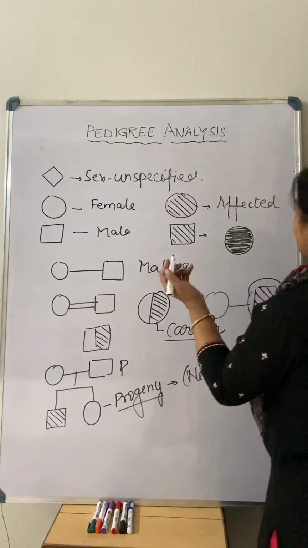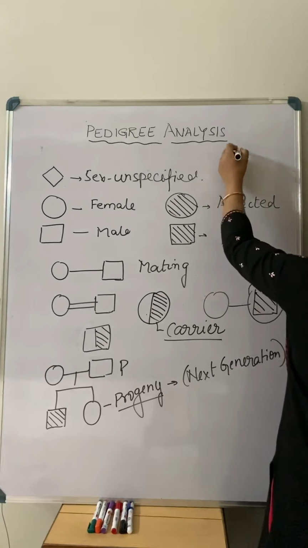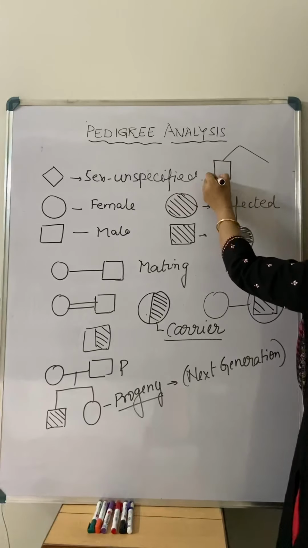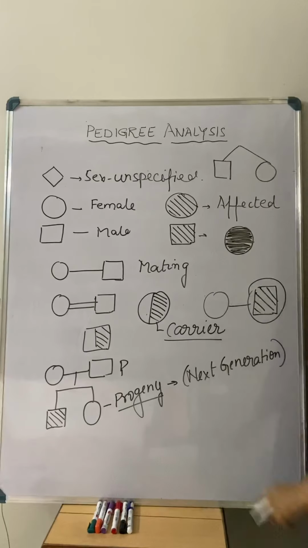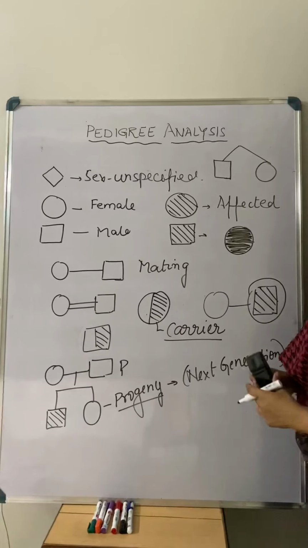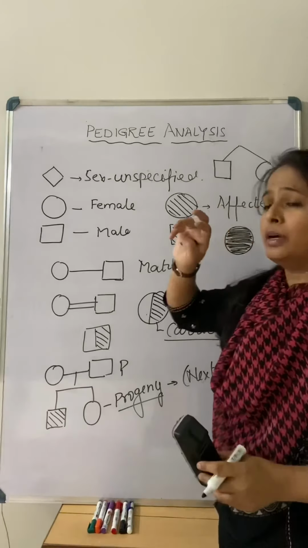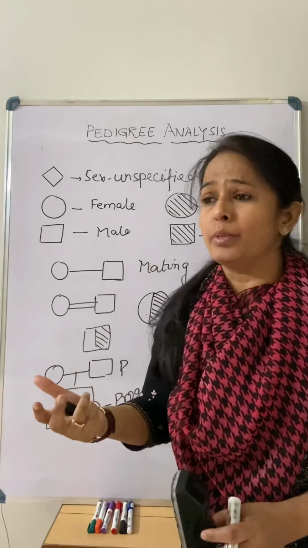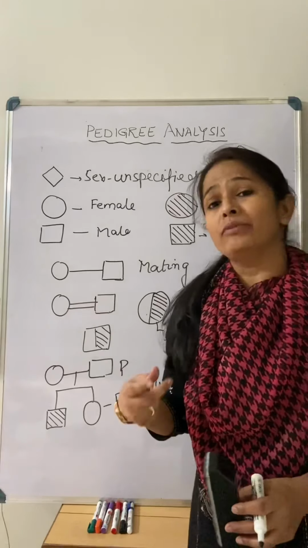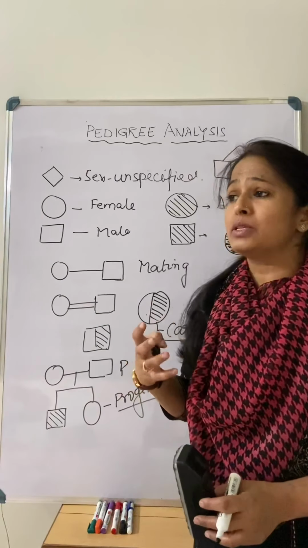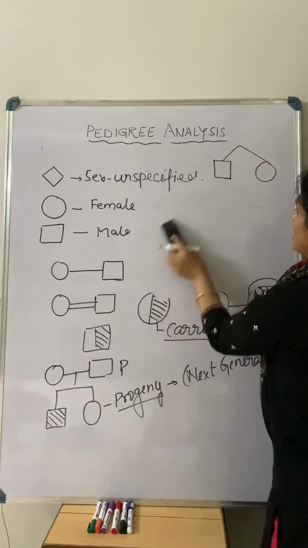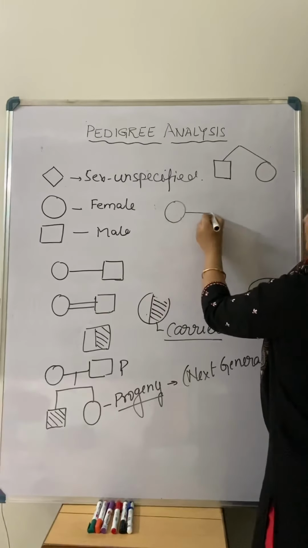Now, another symbol in a few pedigrees is shown like this also. What is the meaning of this? This is the symbol for dizygous twins. When twins are formed in the next generation, a mother is going to deliver babies. How is that possible? How will we write it as a symbol? Its symbol is somewhat like this way.